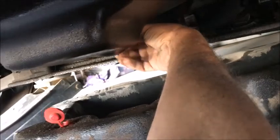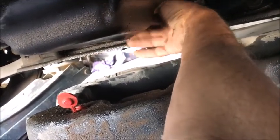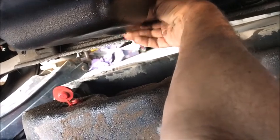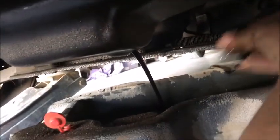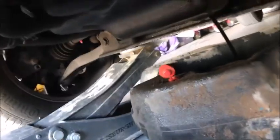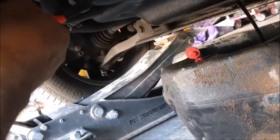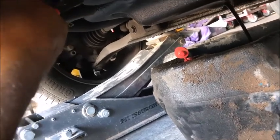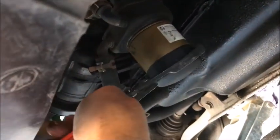And again, other than the oil filter wrench, that's all we're going to use. And a lot of times you don't even need the oil filter wrench. If it was put on properly, it should be hand tight, but some of these like to vibrate a little bit. So we'll go ahead and get that draining. Set our bolt down out of the way. Here's our oil filter wrench. Just going to grab her here and give her a little twist. I don't know if you can see that or not. There we go. I'll give it a couple turns,